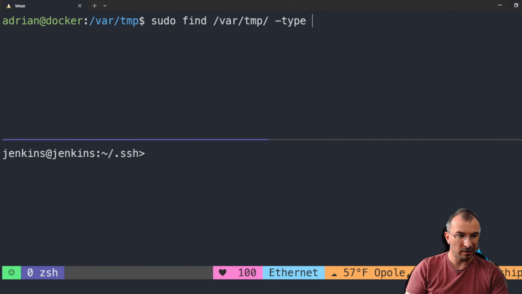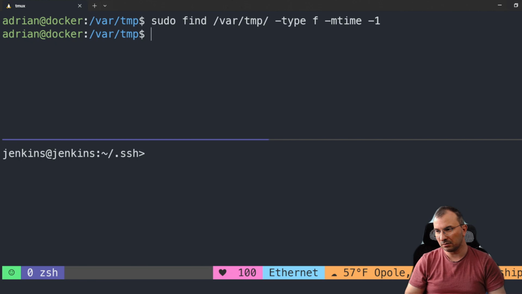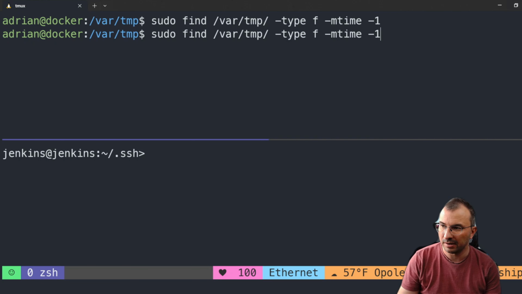And so you're looking for files, type f, and you're looking for files that are older than 1 day. So -mtime, and now -1. Like this, and if there is a file that is older than 1 day, you can do the removal by